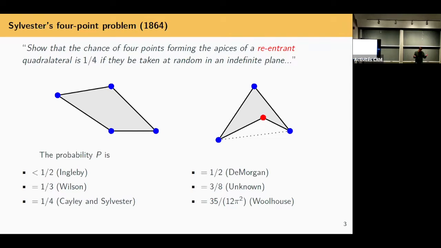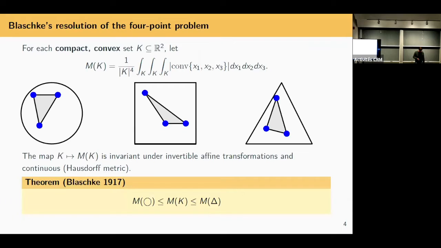But if I condition, and I'm using just a uniform density on a convex set, that's proportional to the probability it lands in the triangle, right? And that is just a multiple of that area, right? So the 4-point problem is a 3-point problem, and with all those considerations, Blaschke took all these into account and resolved this problem in the plane, and it led to the following quantity.